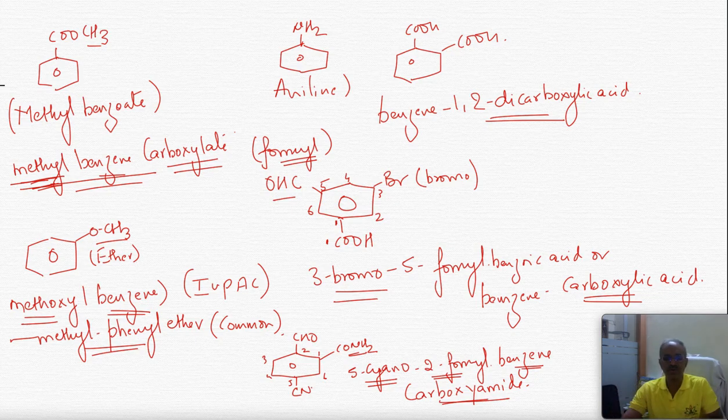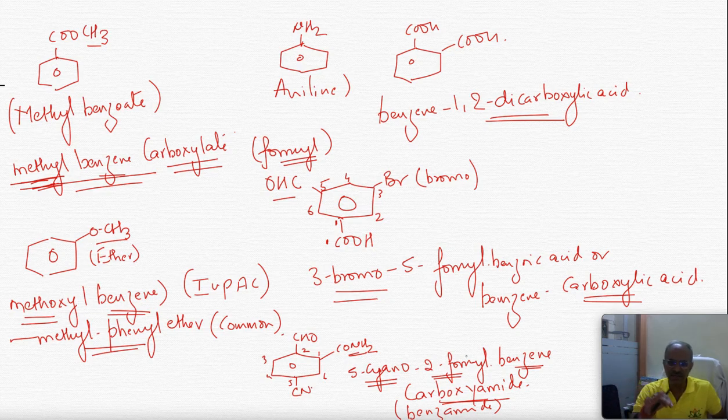Benzene carboxamide. You can also say 5-cyano 2-formyl benzamide. Now that depends. Suppose in your exams, if they give both the names, if they say carboxamide or if they say benzamide,